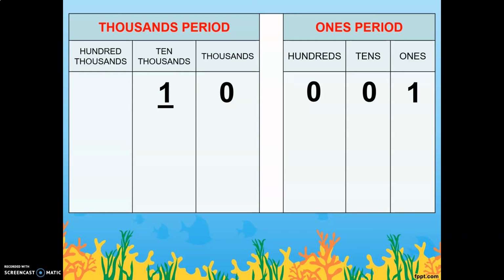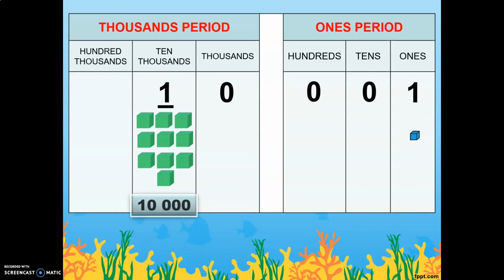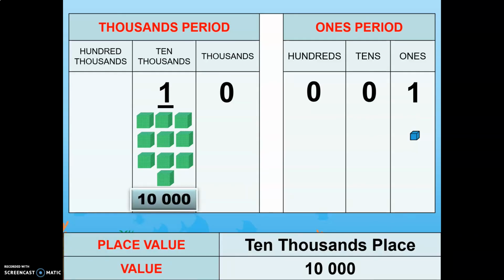How about its value? Let us use base 10 blocks to identify the value of 1. Using the base 10 blocks, we represent 10,001 using 10 cubes, 0 flats, 0 rods, and 1 unit. Now let's focus on the digit 1. Remember, each cube is counted as 1,000. Since we use 10 cubes, it means that the value of digit 1 is 10,000. So, the place value and the value is